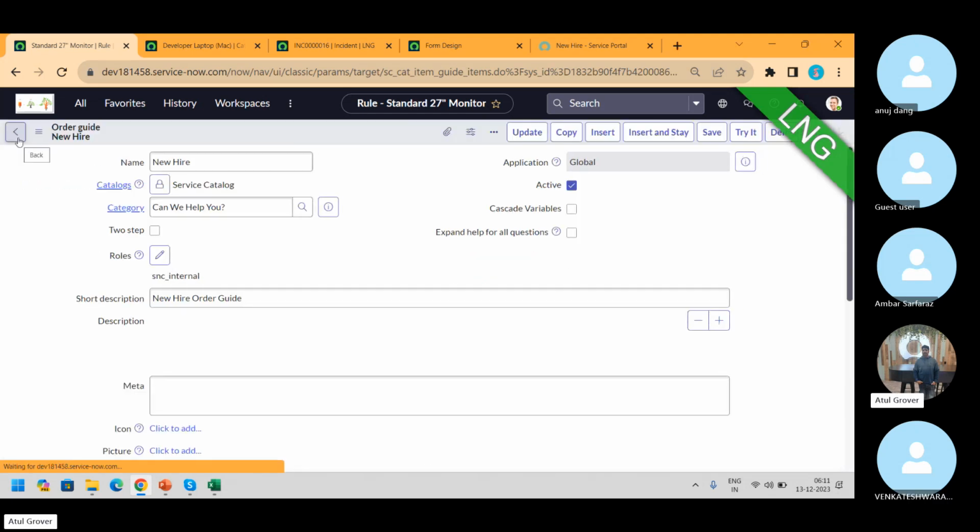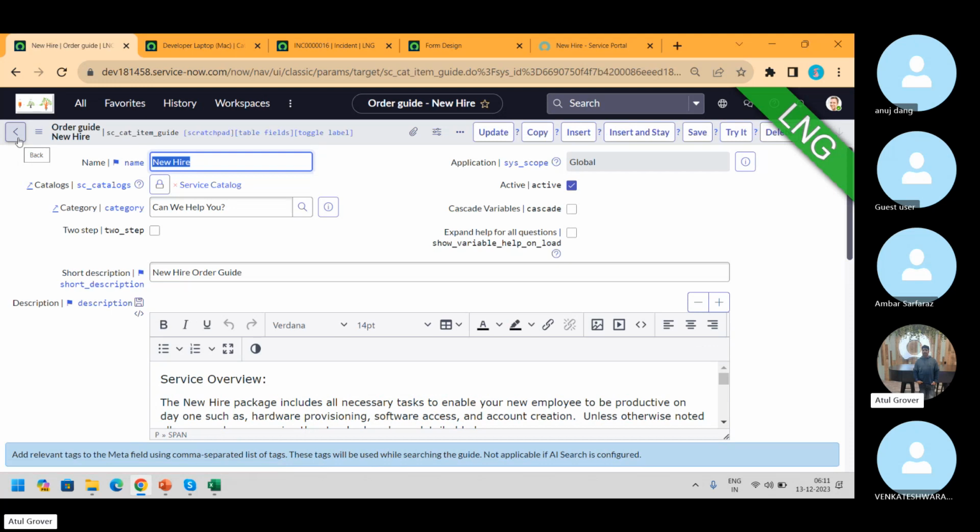Once you submit, one REQ will be created. One REQ will be created and multiple RITMs will get created. And every RITM has its own way of working, its own task, its own approval. Because